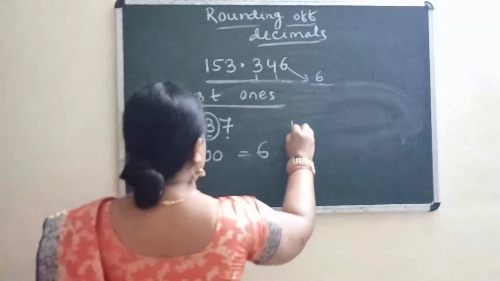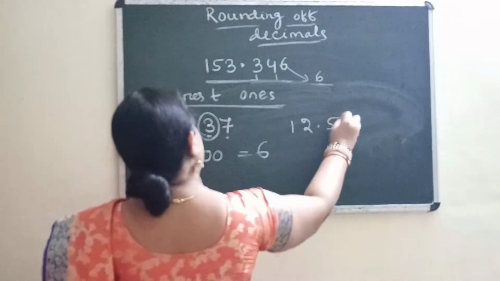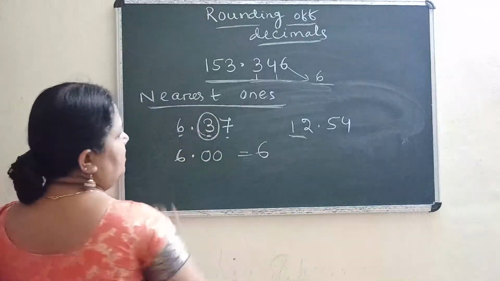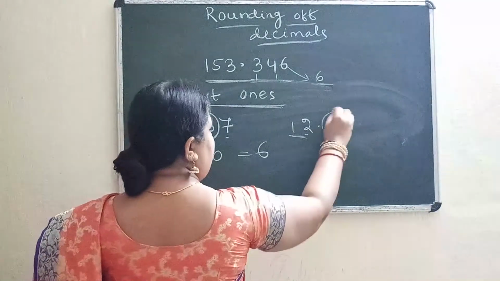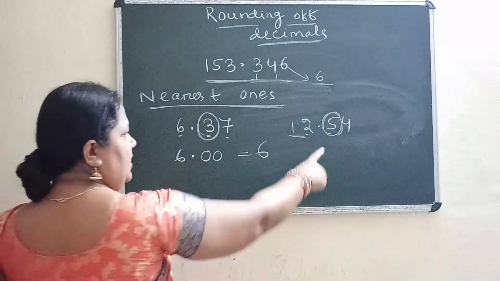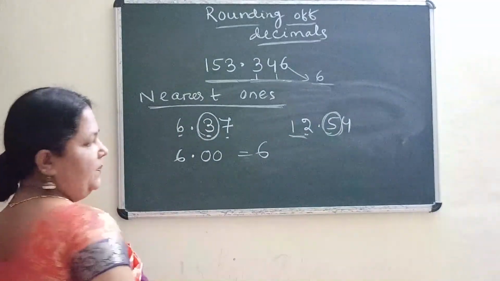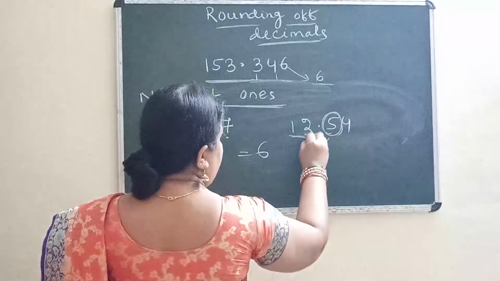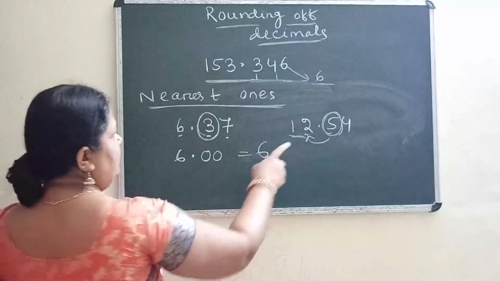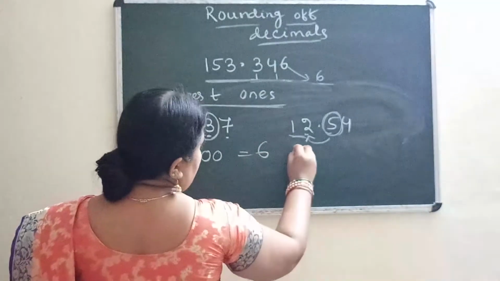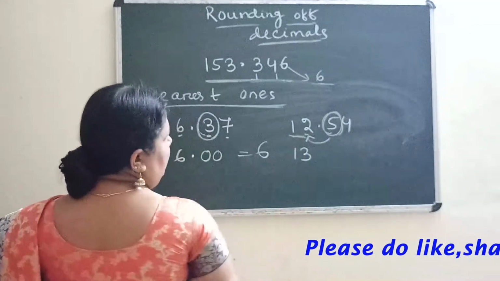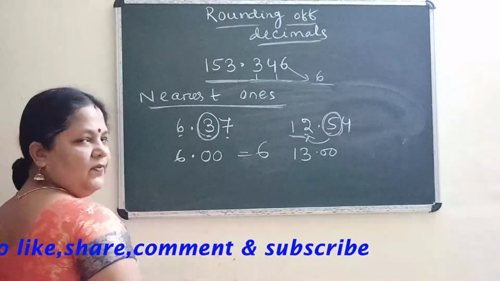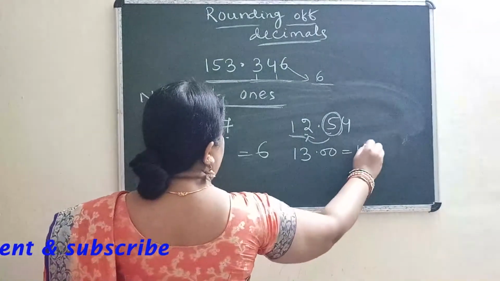Okay. One more example, suppose 12.54. Right. So this is your whole part. We are going to round up to the nearest ones. So this is your ones, nearest ones means this one you will check. So this is 5. According to the rule, if it is greater than or equal to 5, then you will add plus 1 to the required place, means this ones place. So here it will be 13, 2 plus 1 will be 3 and this place is replaced with 0. So that means it is rounded up to 13.